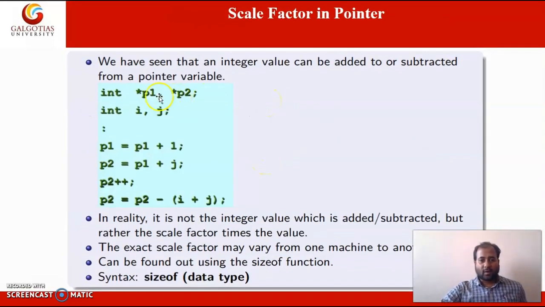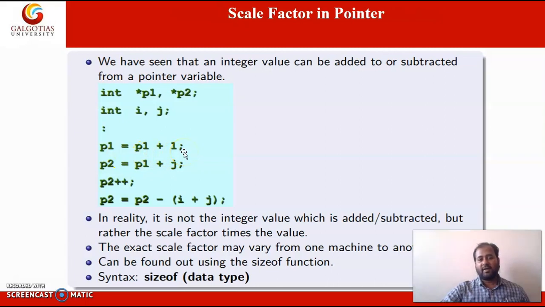Here we have an example. int p1 and p2 are two pointers, and i and j are two variables of type int. Here p1 equals p1 plus 1.